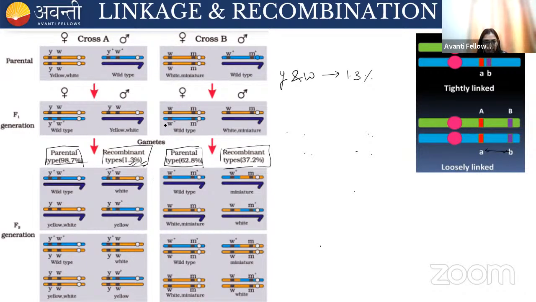The second cross is done between wings and the eye color, and we are getting recombinants of 37.2%. And the third cross is done between the body color and the wing size, and we get the recombinants